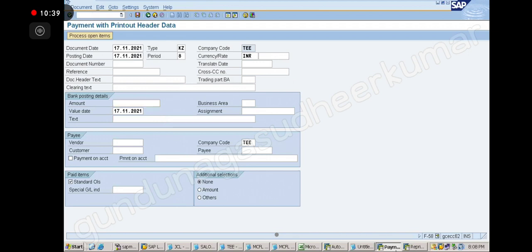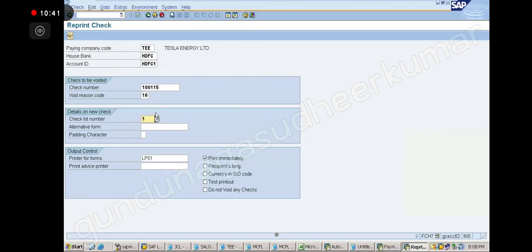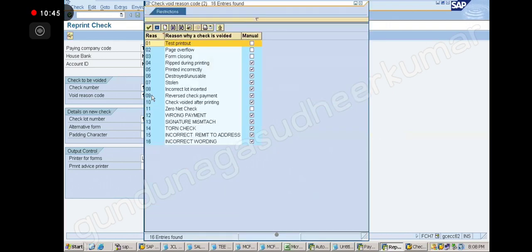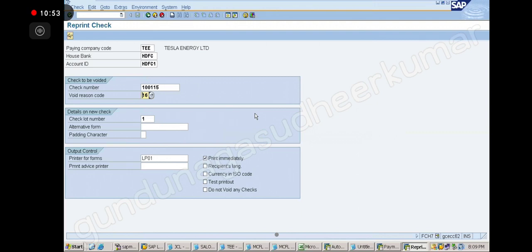My doubt is regarding the void check code, sir. The drop down, if you click, you will. Thank you, sir. I didn't get that. Okay, no problem.